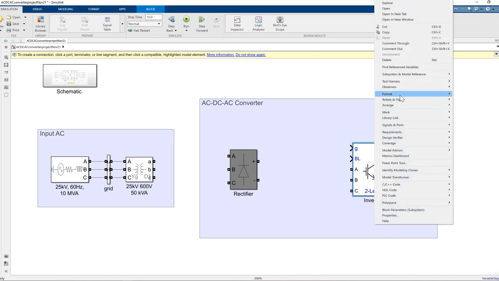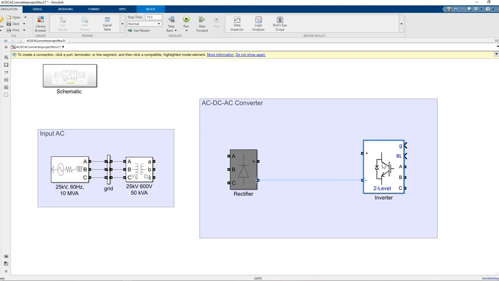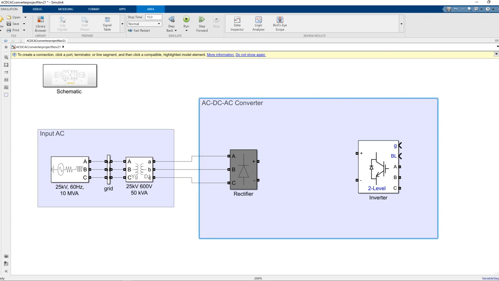So this one you can flip left right, for example. Okay, and then you connect it. And of course we have the